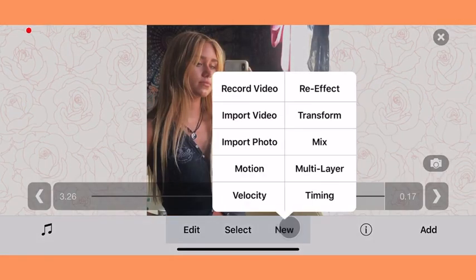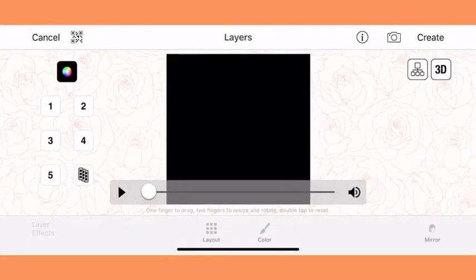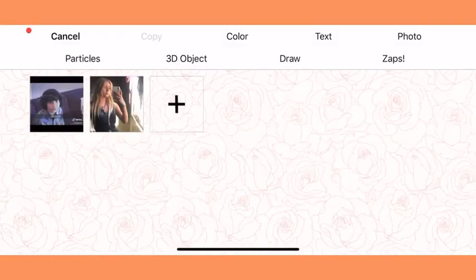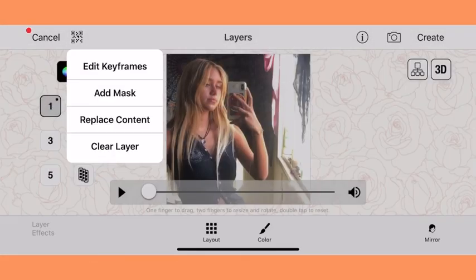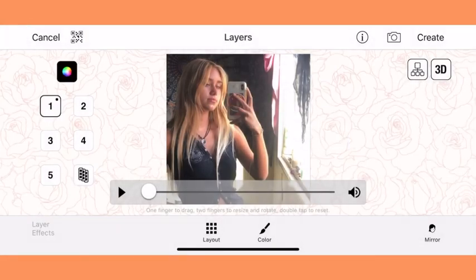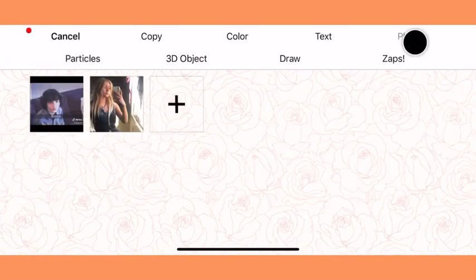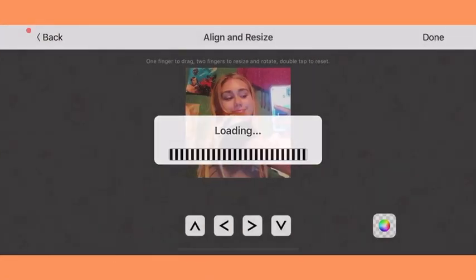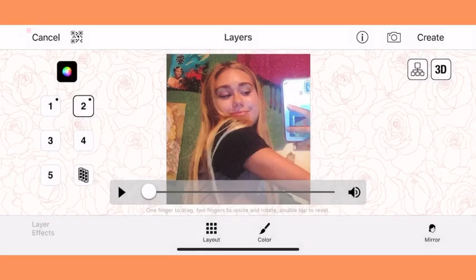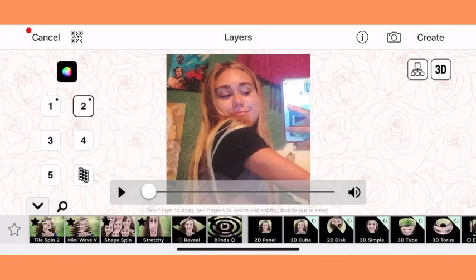and then you want to go to new multi-layer, and then you want to go to your first layer, and then you want to push the photo, and then you're going to go to your second layer, and then you're going to push photo, and then last frame of previous scene, and you're going to push done. And then make sure you're in your second layer, and then you're going to go to layout, and then you're